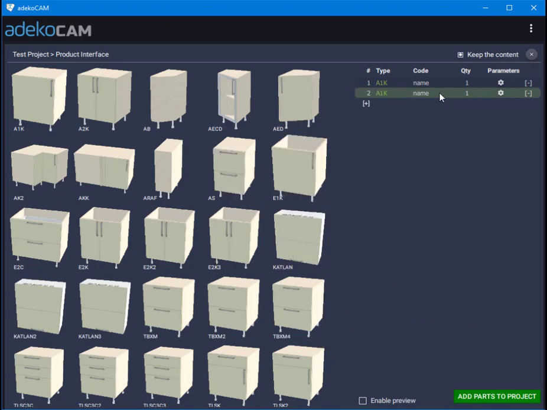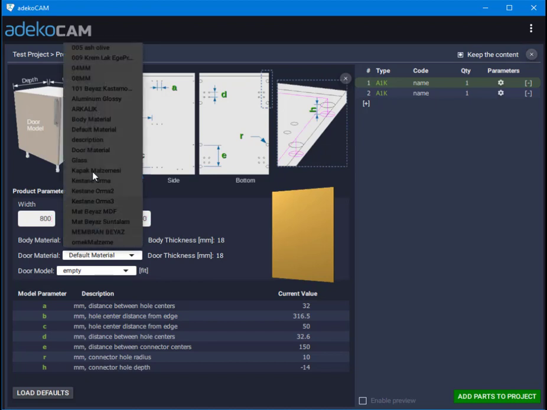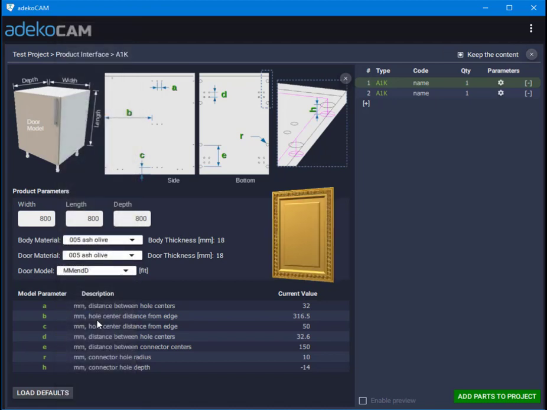Let's get back to setting the model parameters, this time for the second line in our product list. Let me set the dimensions of this one to 800 mm, and yes, this will be a Q2. I'm selecting a door model. I'll keep the default model parameters as they are, so the connector distance will be kept at 150 mm. Just to be sure, I use the up and down keys to move in the list while checking the model parameters. As everything looks okay,